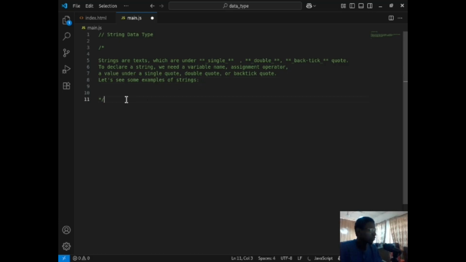String as normal is just a text that is inside a quotation mark. The quotation can be single quote, double quote, or backtick. So that is all about string. And we say that to create or declare a string, we need what? A variable name. So let's now have a variable name,